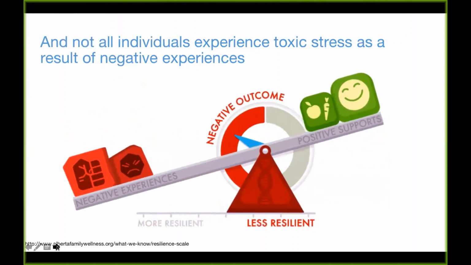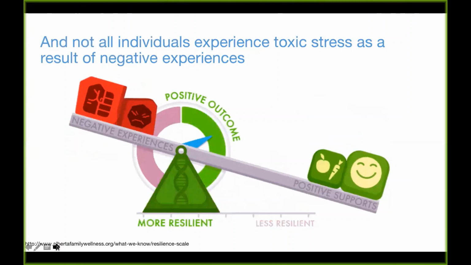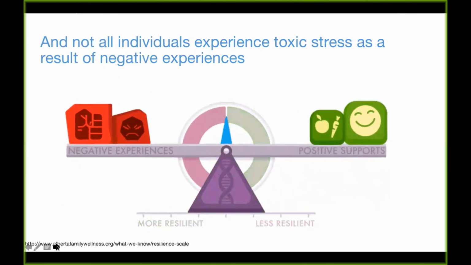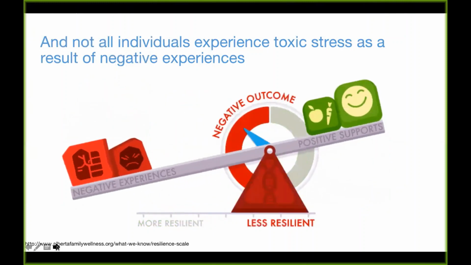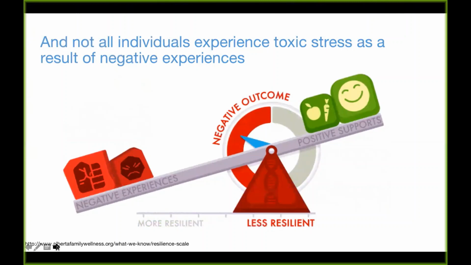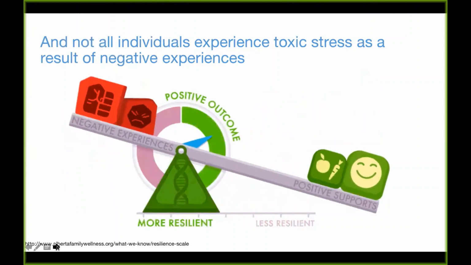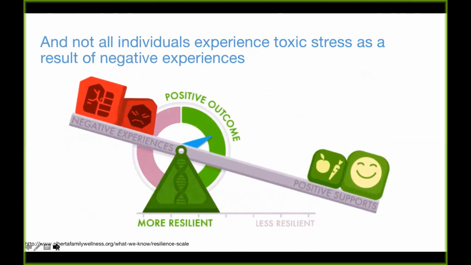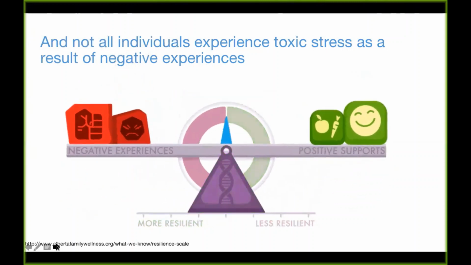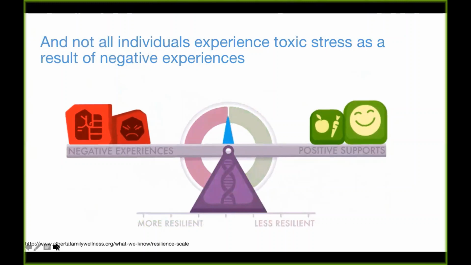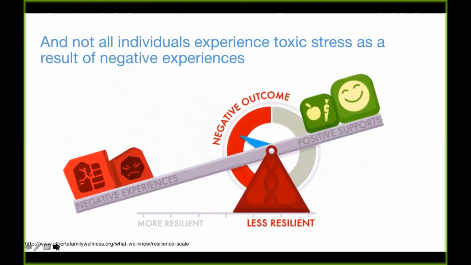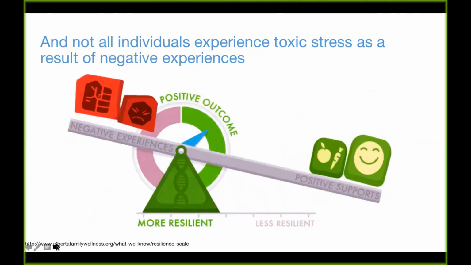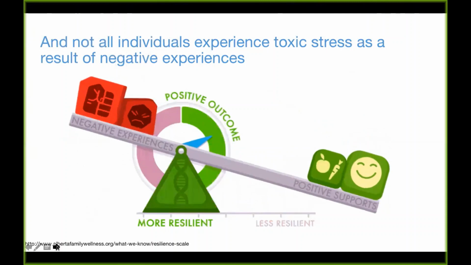So one reason we focus on children when we talk about ACEs and toxic stress is that children's brains are particularly malleable and therefore impacted by both positive and negative experiences. On the scale here, we see that the position of the fulcrum affects how much leverage protective and risk factors have in shaping our life outcomes. So a person with a scale that's weighted down by risk factors will have increased risk for stress-related diseases.